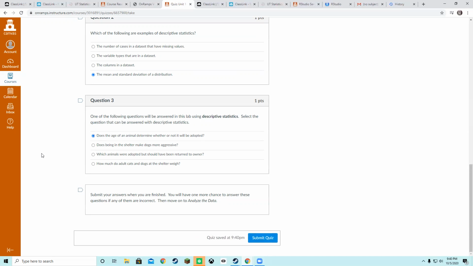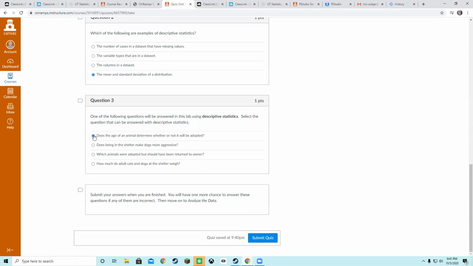What do you think about this one? I think it's A. Let me see. Does being in the shelter make dogs more aggressive? Which animals were adopted but should have been returned? Does the age of an animal determine whether it will be adopted? It doesn't talk about being more aggressive, and I remember reading on this. It doesn't talk about weight. I mean, it does, but